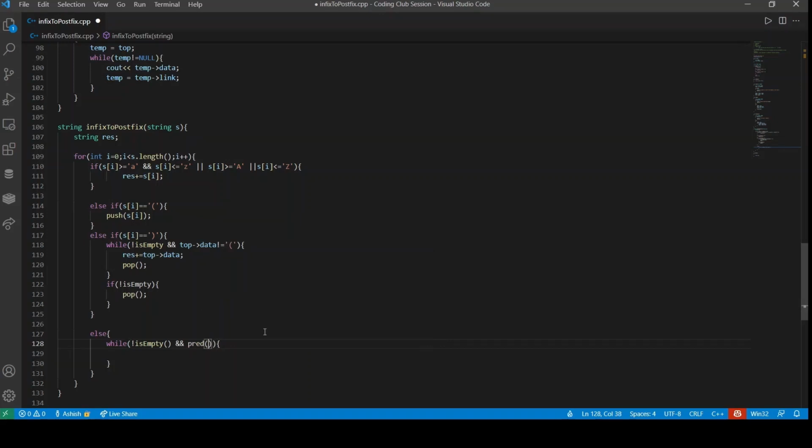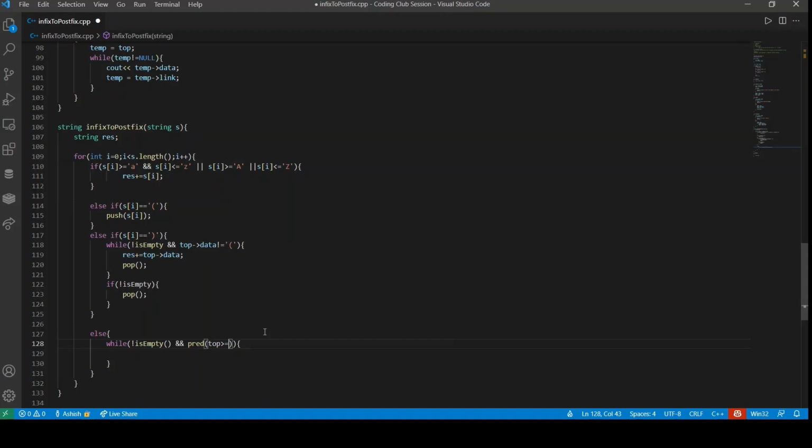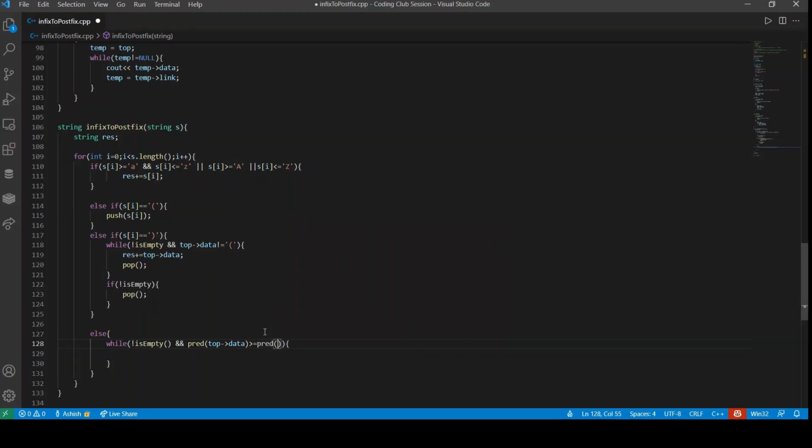We have to do it until the precedence of the top data is greater than or equal to the precedence of s of i.